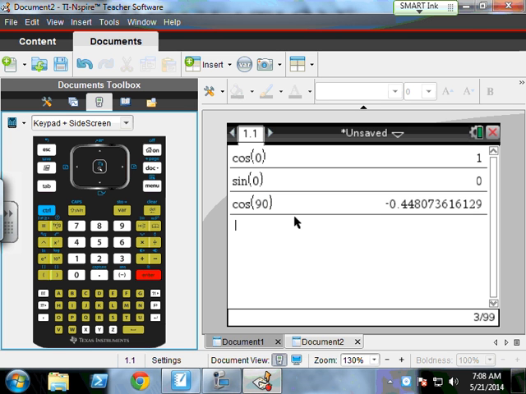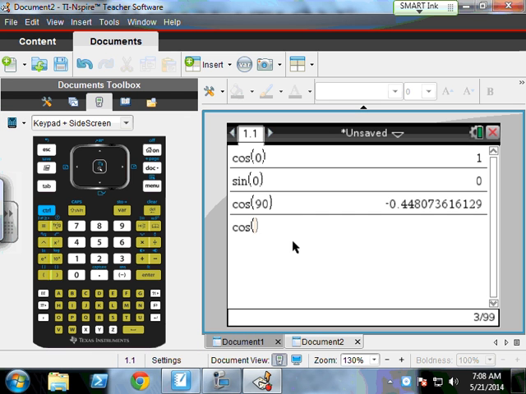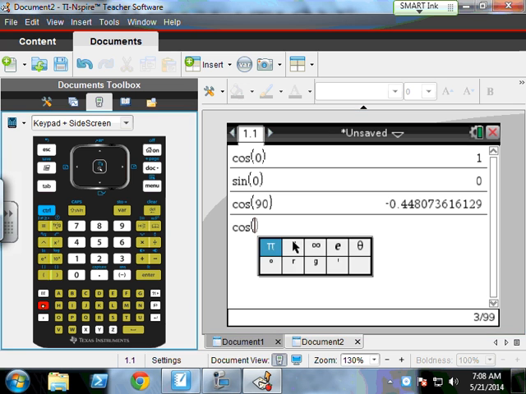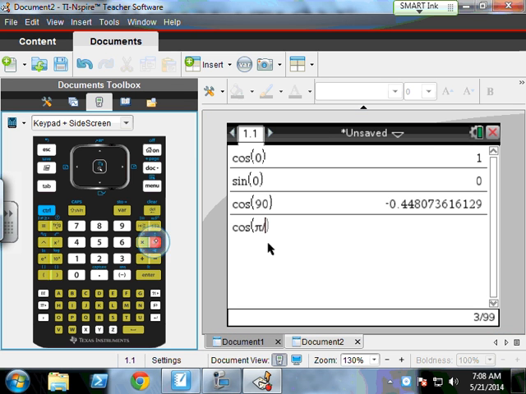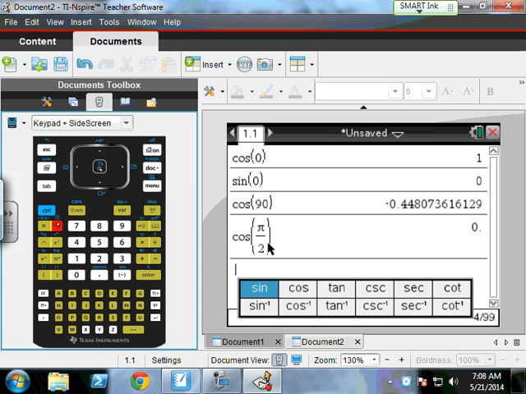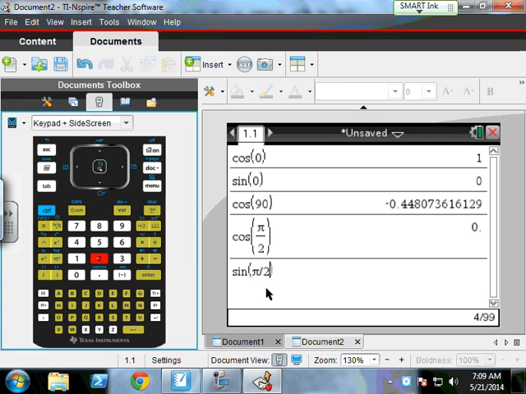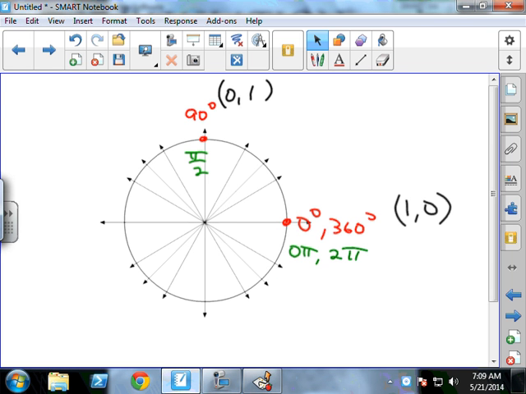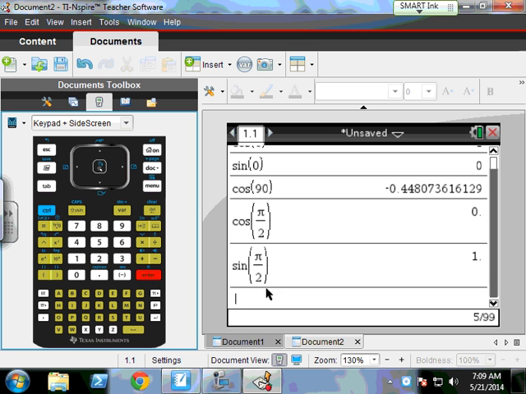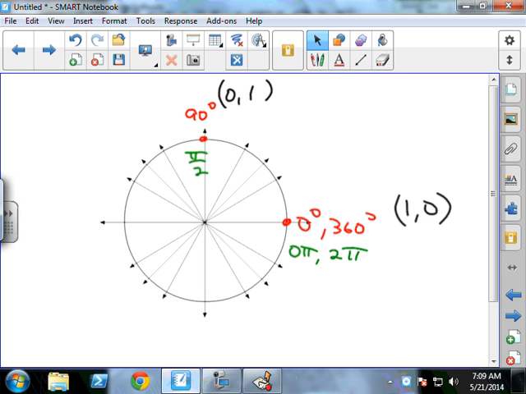Oh, yeah, that's right. The calculator is set up for radians. So let's go cosine. It was pi over 2. Cosine at pi over 2. There's the 0. And then sine at pi over 2. Well, that should be the y coordinate, and it should be 1. And it is. So you mean to tell me I don't even need a calculator to calculate sine, cosine, and